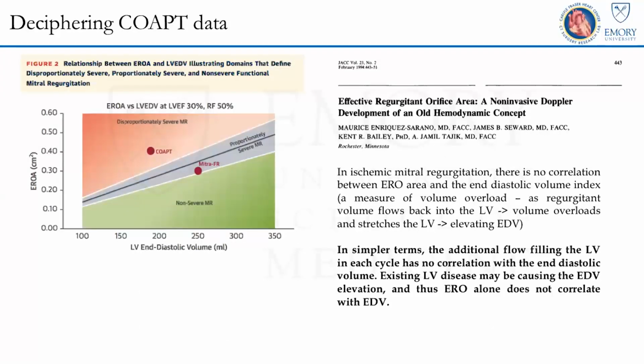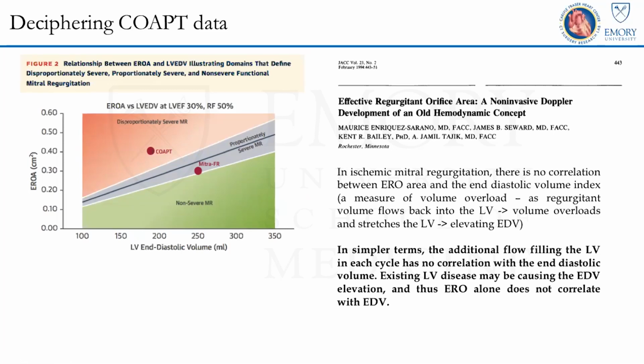The concept which is being cited quite a bit is actually something different, which is that the COAPT trial, as I mentioned, had smaller ventricles, so it has what we call disproportionate MR, and the MITRA-FR trial has proportionate MR, meaning that MR is proportional to the LV volumes. This is being publicized quite a bit, and already within a year of introducing this topic, there are about 103